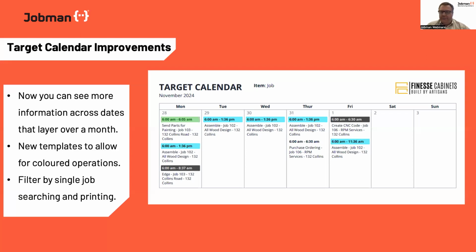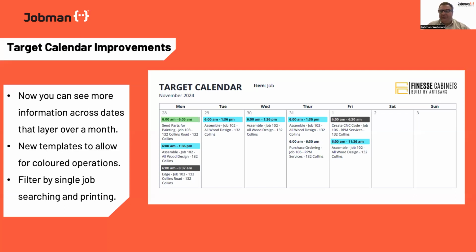As part of that, we've updated the filtration printing so that if you search for just a singular job, the target calendar will now print just on that job, which was a big request from a lot of clients. They love the filtration, the ability to break down on operational services and really refine the calendar to maximize its use for your finite scheduling and planning. But